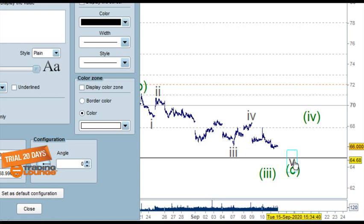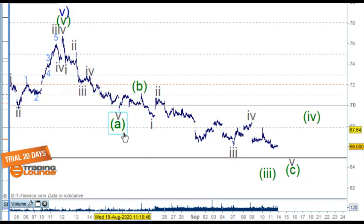We need this to land first at the 65, and then we need to monitor this closely here, because if we get 5 waves up to this point, then we know that we're in a bullish mode. I also have to point out too, and I do this now and again, is normally when we've got